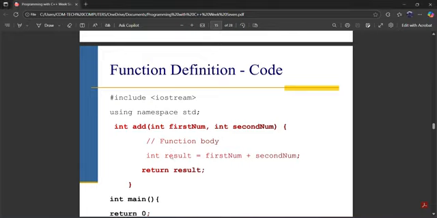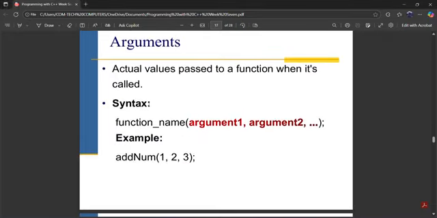So let's quickly look at that. Okay, so the arguments are the actual values passed to a function when it is called, right? So during the function calling, when you are calling out the function that you've defined in the global scope, right? Let's say in this case, get some. So when I call out get some and I say, okay, get some 1 comma 2, right? What of the 1 comma 2 that I have passed to the function is called an argument, right? It's called an argument. Whereas the parameters or the parameter was already defined in the function definition as int A,